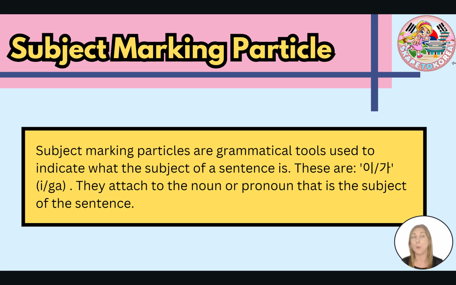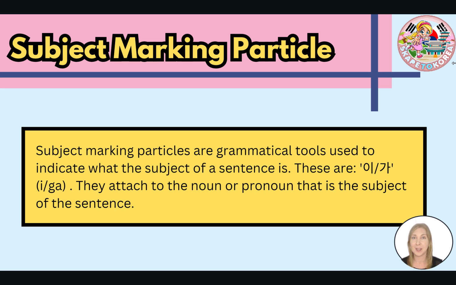is or what. So while topic can be anything, it can be attached to a subject of the sentence or it can be attached to an object of the sentence. It doesn't really matter because it's just there for emphasis. Now, subject marking particle can only ever be attached to a subject of the sentence. So if you attach it to something else, not the subject, then your meaning of the sentence will change. Whereas with the topic, it's just about emphasis and letting the other person know what the topic of the sentence